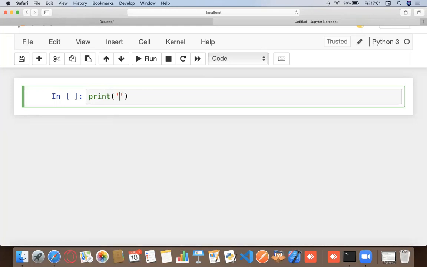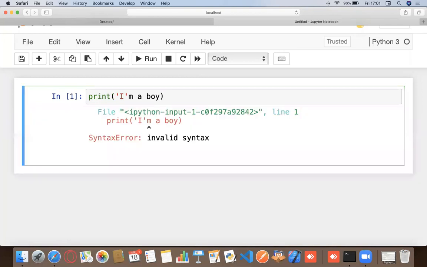If I type something like this and try to execute it, it throws a syntax error saying invalid syntax. The reason is pretty clear: anything inside the quotes is exactly the value that's going to be printed.